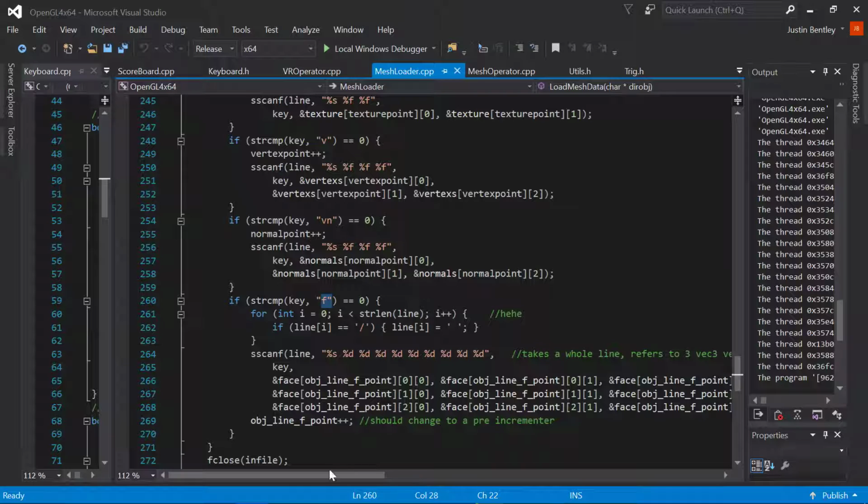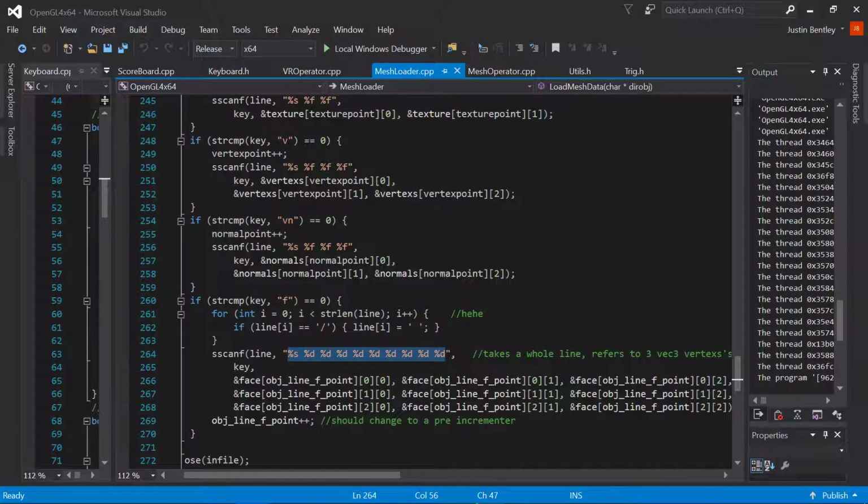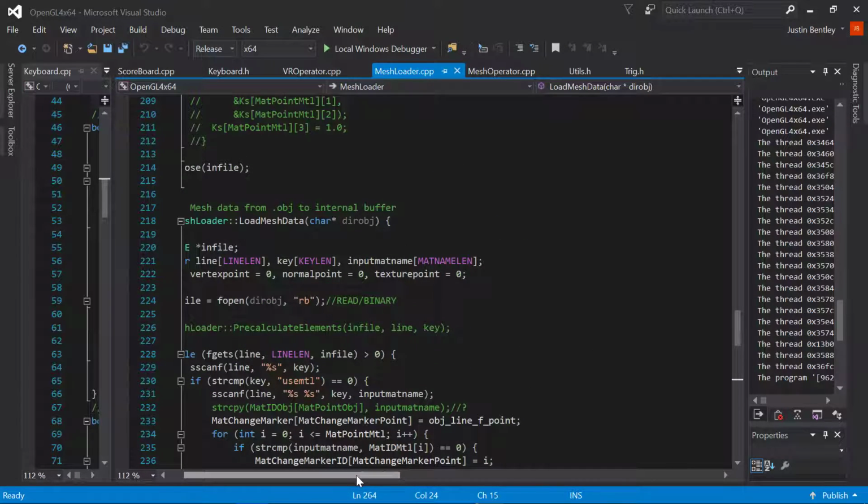It's basically 3 by 3. So you've got faces, which is one face consists of a vertice, a texture coordinate, and a normal. So that's these three here, and there's three of them per line. So this does it per line in a scanf. In a scanf function that scanfs the whole line. So you read in the line